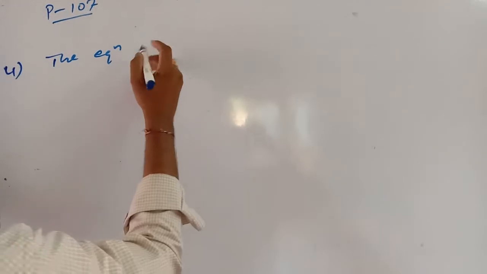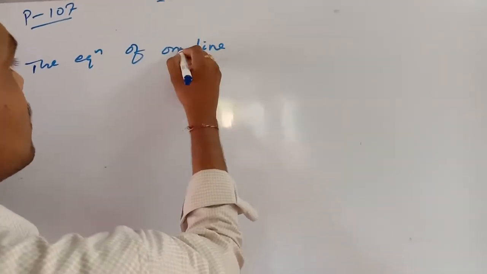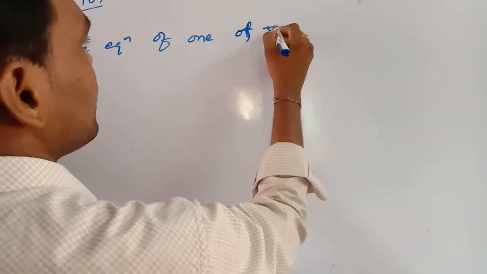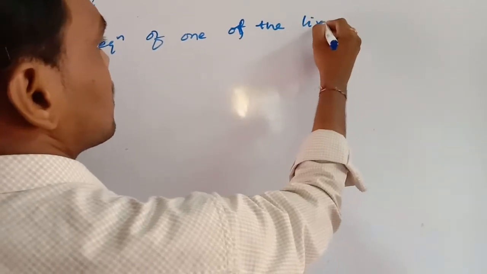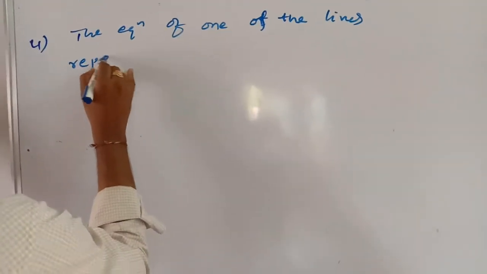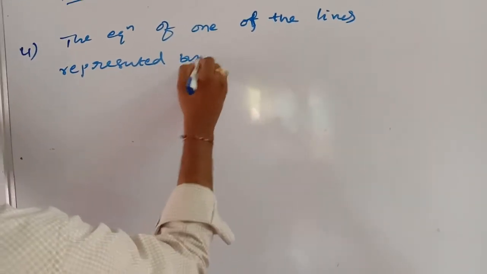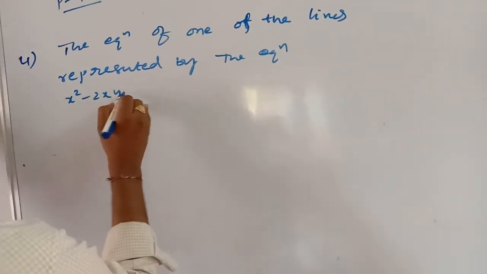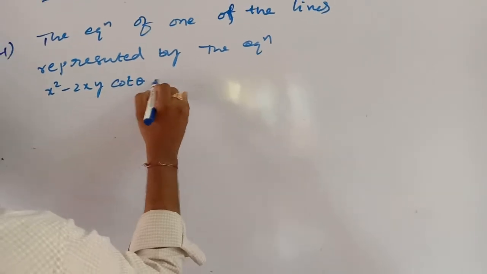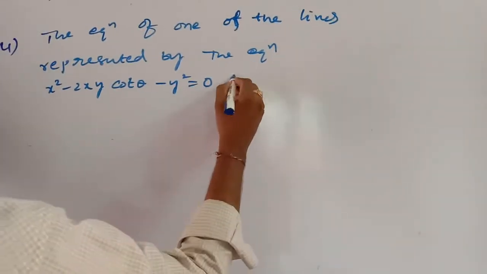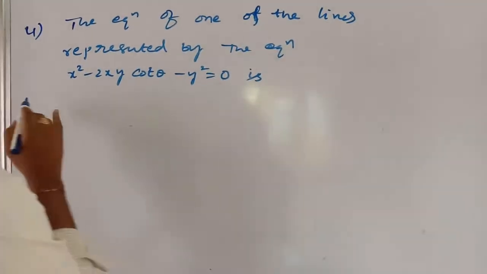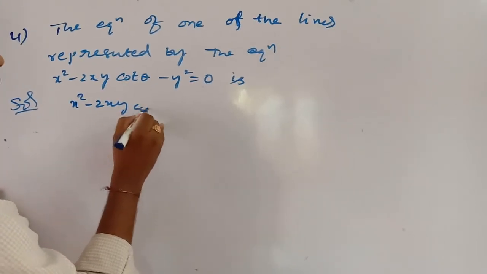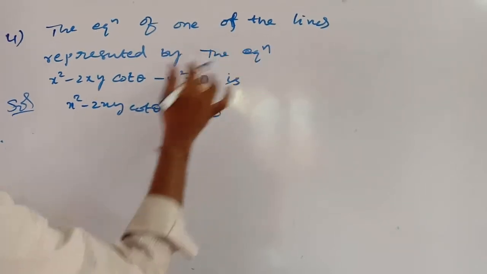The equation of one of the lines represented by the equation x square minus 2xy cot theta minus y square is equal to 0 is... Now here, see the pair of lines x square minus 2xy cot theta minus y square is equal to 0. Now one of the lines is